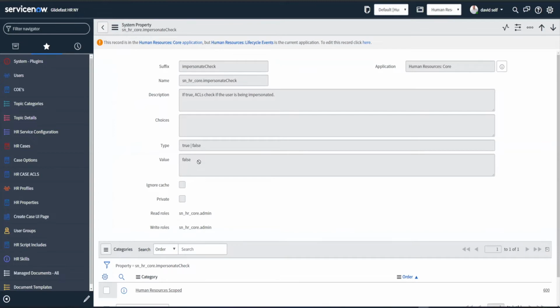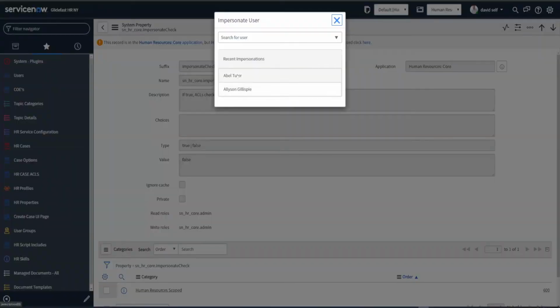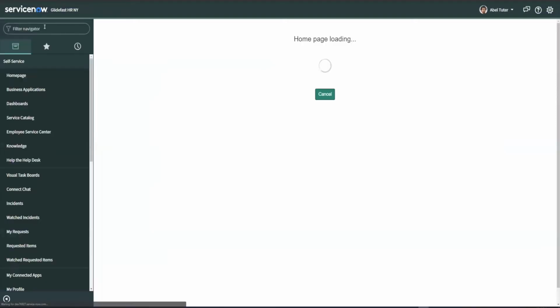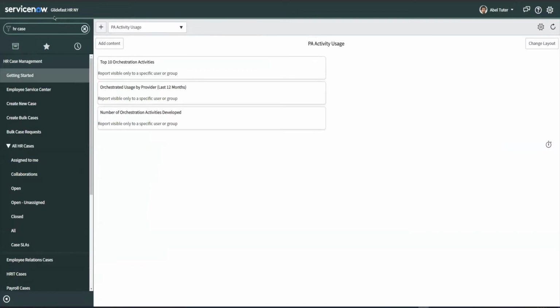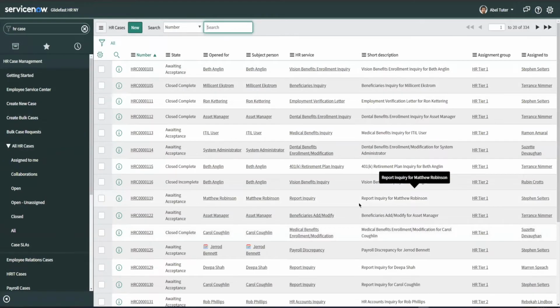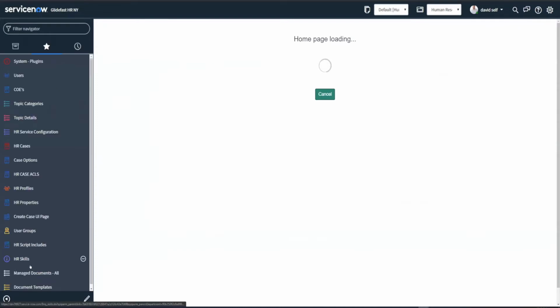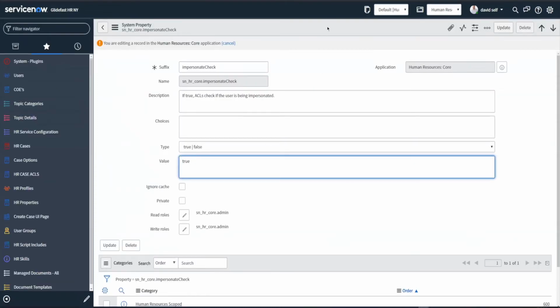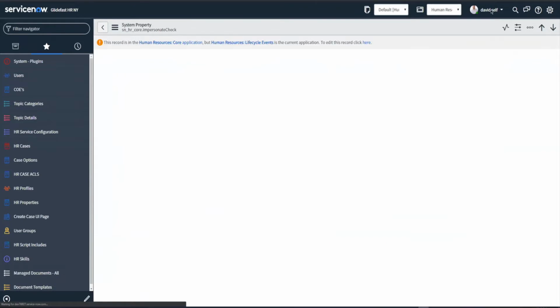ACLs will actually work as they should, even though you're impersonating the person. So what do I mean by that? Okay, let's go impersonate somebody. I'm actually going to impersonate Able Tutor here. And then we're going to go to our HR case table. Scroll down here to all. He can see everything, right? But now I'm going to go back and flip that property to true. So when we flip this property to true and I flip back to Able,